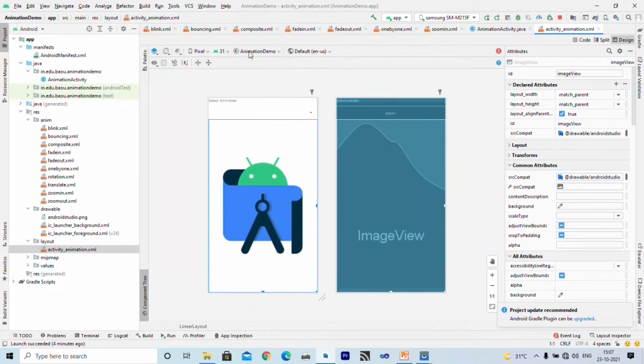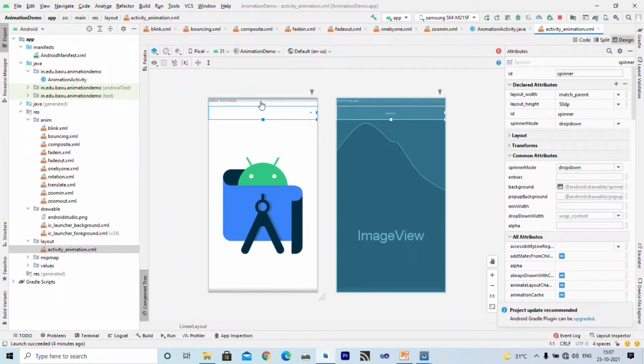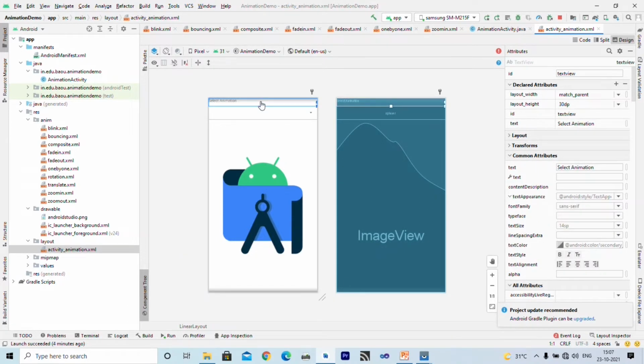This is our layout file, and the name of the image view is imageView, the name of the spinner is spinner, and we will not use this text view in the program, so we need not worry about its ID, but its ID is textView. Here you can see inside the res folder we have one directory.